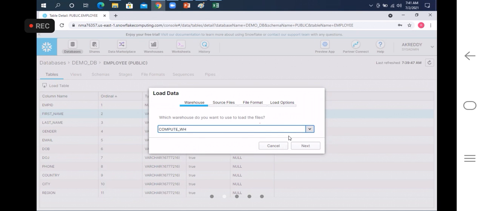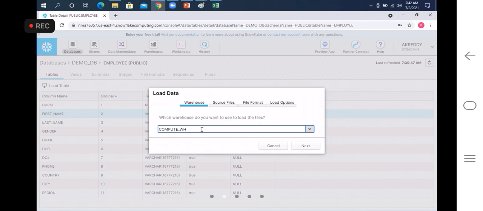Whenever you are loading data manually, without an external staging area or internal staging area, how can you load the data? I'll tell you what is external staging area and internal staging area later. For time being we will park that aside. There is another way also: we can load the file directly into a table via the databases component. Okay, so by default it will be